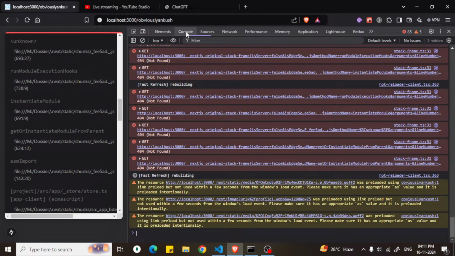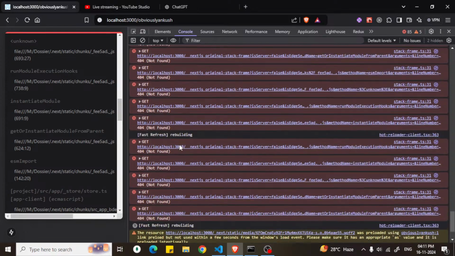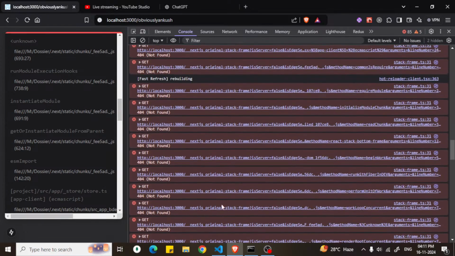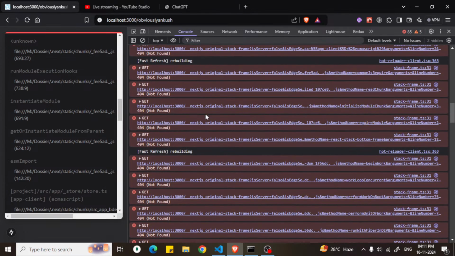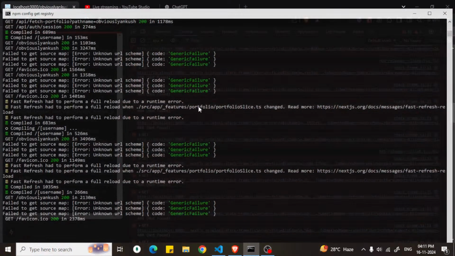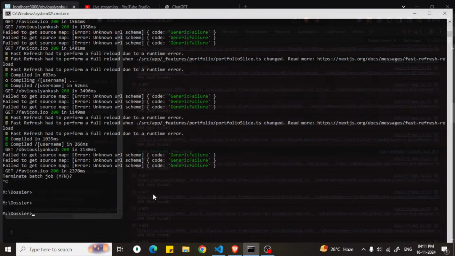Console was using link preloaded, not used within few seconds. Hmm, I think I should try restarting the server by deleting the dist folder. Control C. Yeah,